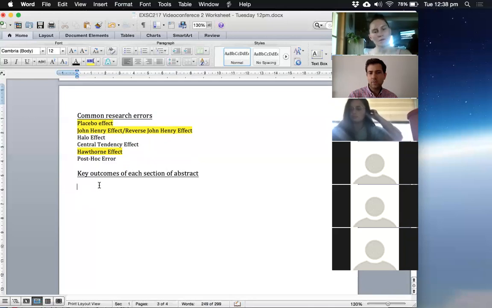The last type of question you're going to get in the mid-semester exam is on academic writing. So you may get a question or two in the multiple choice and or short answer questions that have to do with what's expected of different aspects of an abstract. So for example, where would you find the aims of an abstract? So which section? Results, discussion, conclusion, methods, introduction.